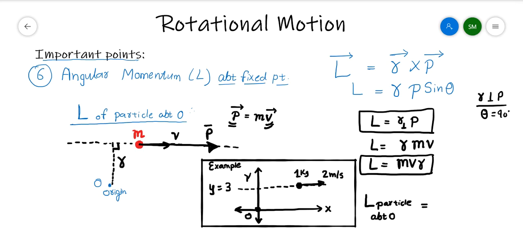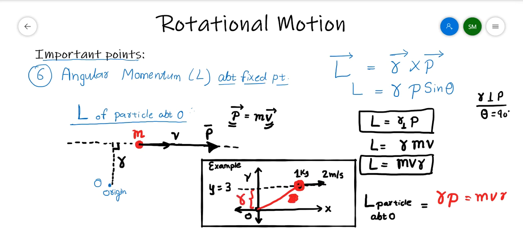We have to find the angular momentum of the particle. Everybody knows a formula that angular momentum is given by r times p, or you can say mvr. But r is a problem. Don't think that if the particle is over here, I should take this as r. This r is not perpendicular to the momentum, so a student should not take this r. A student should take directly this r. This should be the r.